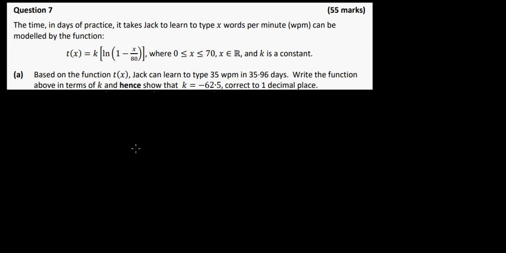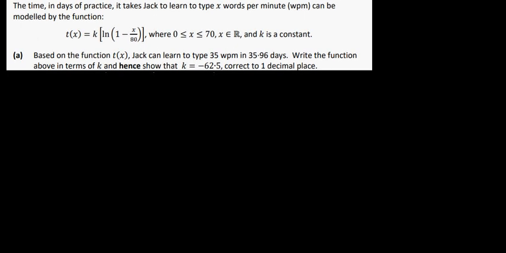Based on the function t of x, Jack can learn to type 35 words per minute in 35.96 days. Write the function above in terms of k, and hence show that k is equal to minus 62.5, correct to one decimal place. So let's write down our function here. We have t of x is equal to k times the log of 1 minus x over 80,